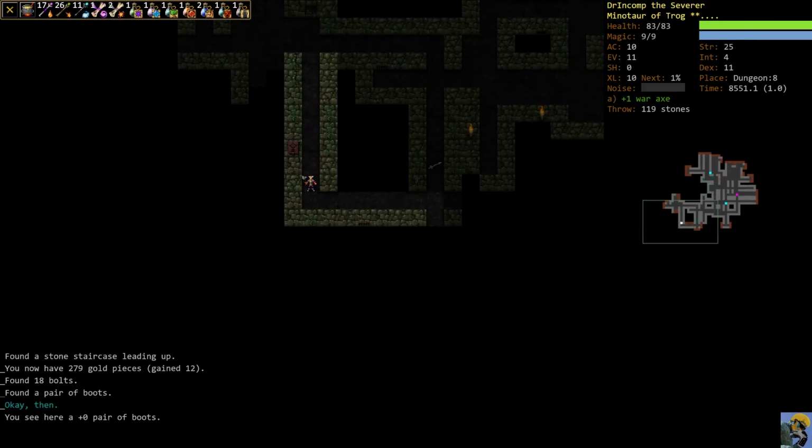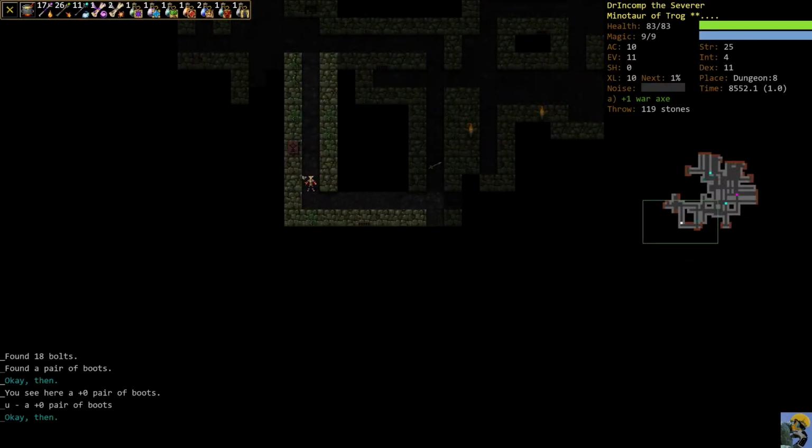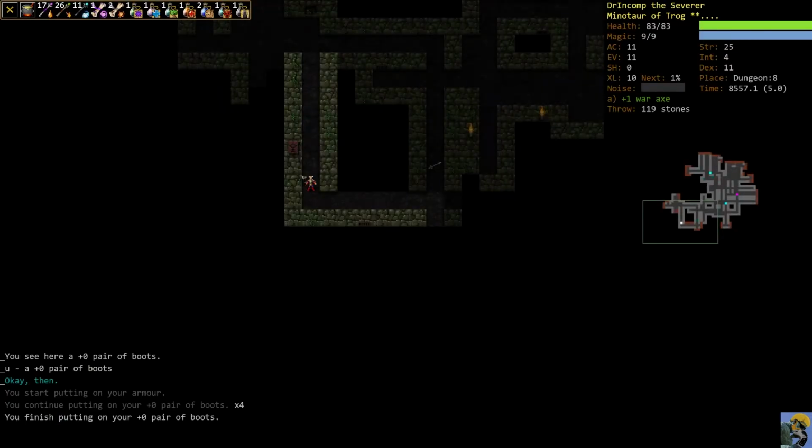Now I'm going to get the boots. Boots are great. We don't have any boots. If I push shift 5, you can see myself. I have no boots, no amulet, no cloak. My helmet is restricted because I'm a Minotaur, but I can wear a hat, and I have no shield. So if I go to shift W for wearing these boots here, you'll see that I go up to 11